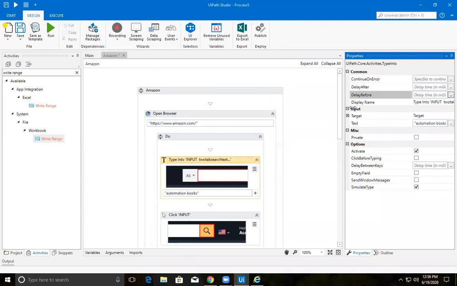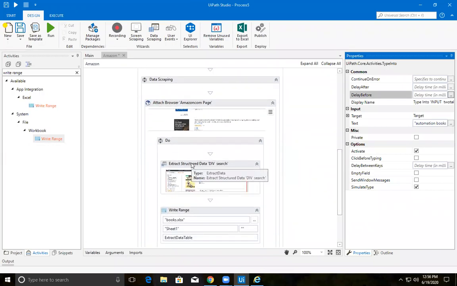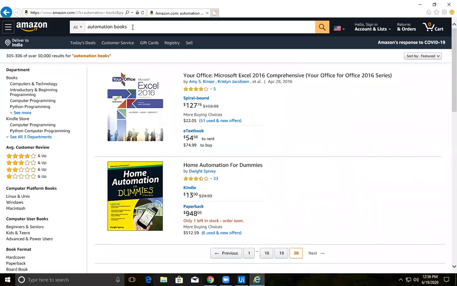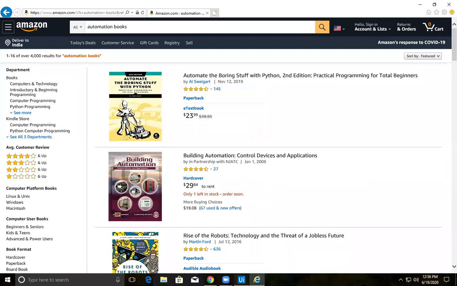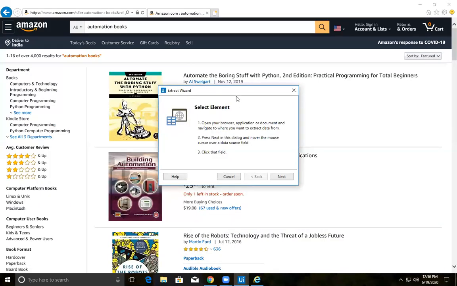Well, let me do one thing. Let me delete this and let's do scraping again. Then it will be fine. So I'll go to the first page. Okay, so let's start the scraping again. Start the scraping.